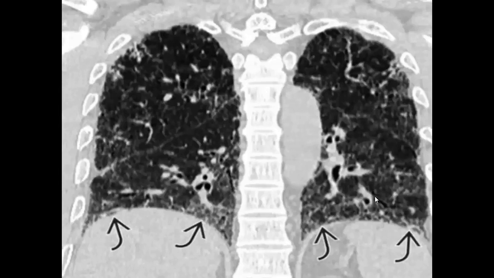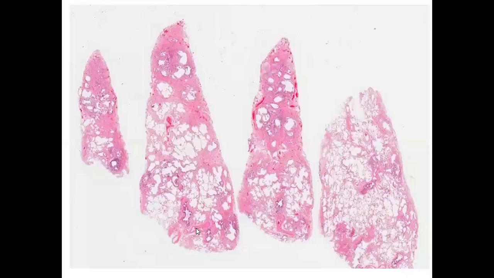Here on the basal aspects, we can clearly see a prominent reticular pattern, and the second feature is the dilatation of these small bronchioles. We can also see interlobular thickenings as well. As we said earlier, the most prominent and significant feature is that they commonly involve the basal aspects of the lungs. Discussing the microscopic features of the UIP, there are multiple, but